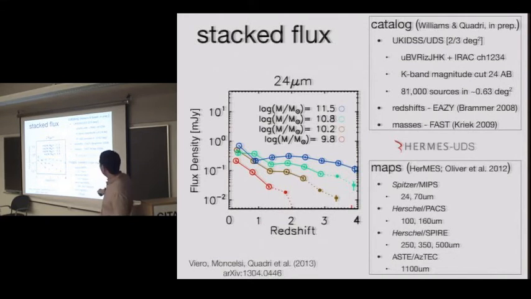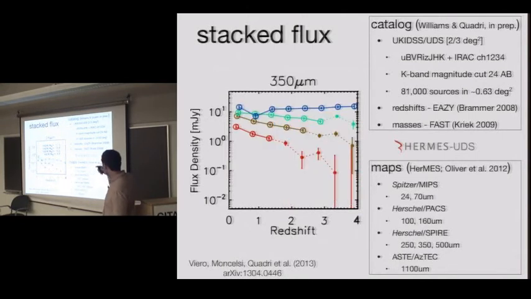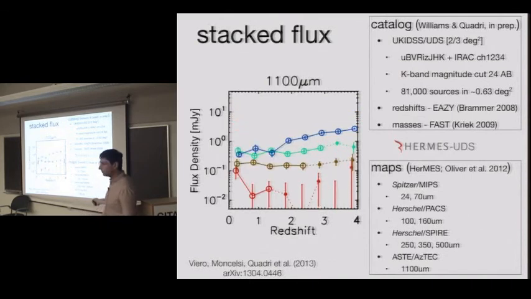So here's the flux density. Notice that the more massive things are brighter. As you go on with redshift, they get fainter, as you would expect. It's getting farther away. That's not so much true anymore at 350 microns. We still have this trend where the more massive things tend to be brighter in the infrared. But the drop-off with redshift isn't so dramatic anymore. And by the time you get to 1 millimeter, you get negative K correction, plus the fact that things are more luminous for the same mass at higher redshift.